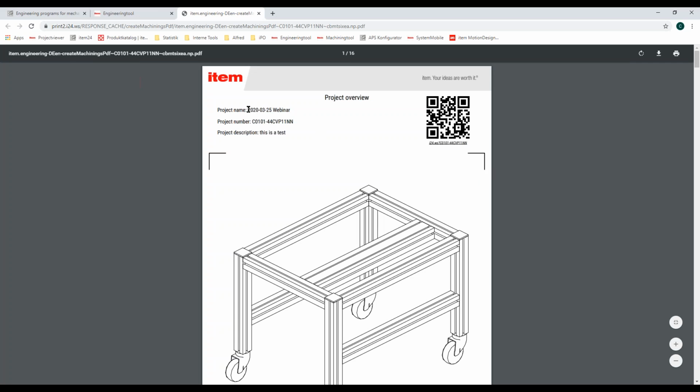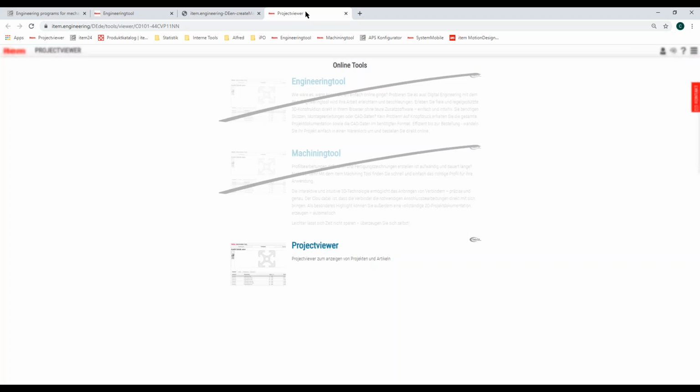And here we do have our project name. We have again our CO1 project number and our project description. This could also be your custom design number. So like this is your project number, what else? Or this is the shopping cart for production line 3 in hall 1, or what else? We have a QR code, which could be scanned by you now with your smartphone, or if you have the PDF file, you can just click it and the project viewer is opened.